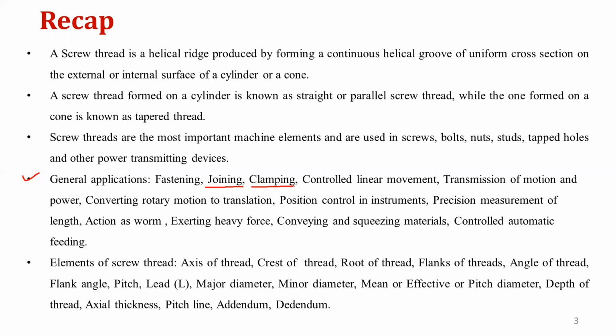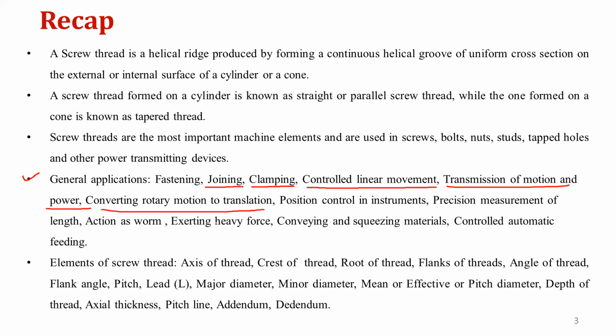And then screw threads are used for clamping purposes, that means strongly holding up the object by a threaded rod, like in C-clamps, vices, tailstock on lathe bed, etc. And screw threads are used in controlling linear movement, that is the travel of slides like in the tailstock barrel, compound slide, cross slide, and also the work table movement in milling machines, shaping machines, CNC machine tools, etc. And also we use them for transmitting motion and power, like lead screws of machine tools, converting the rotary motion into translatory motion.